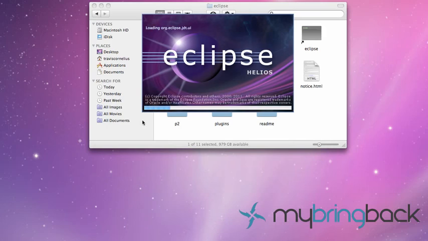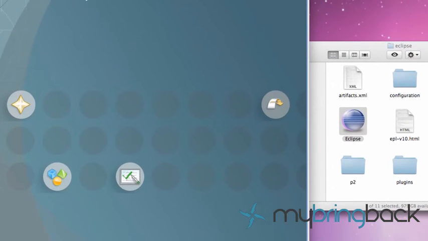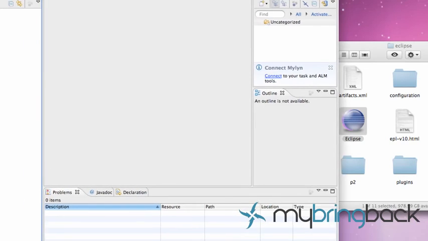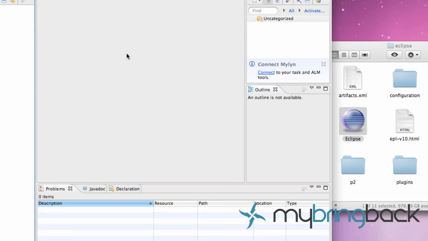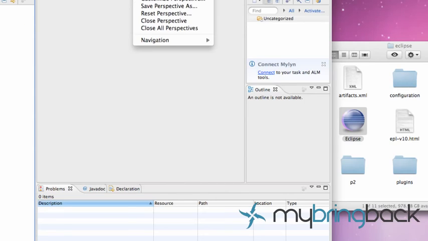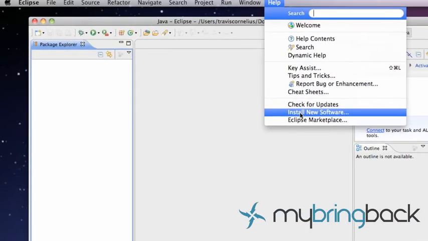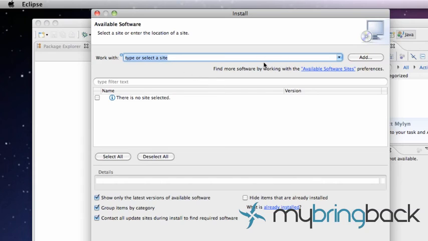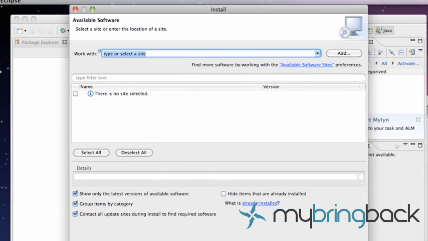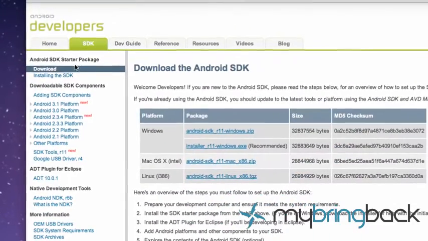Okay, Eclipse takes a little bit to load here, and then we're going to close the welcome screen. So what it should look like, it's not too welcoming, so we're just going to close it because it's not that pretty or anything either. And then what we need to do is we need to go up to our help and install new software. And basically this is going to be a web link. And we need to go back to the Android developer page right here,